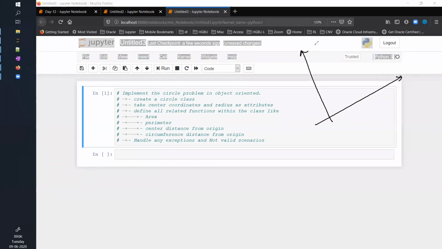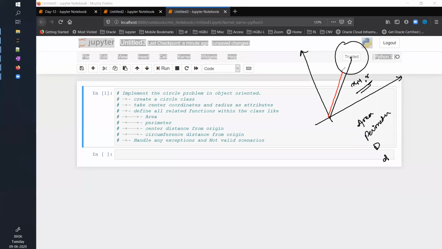You have a two-dimensional space. A circle is there. You have coordinates x, comma, y, and the radius r for this circle given to you. You need to calculate area. You need to calculate perimeter. You need to calculate capital D, which is the distance of the center from the origin. So that is this distance. And then you need to calculate small d, which is the distance from the center to the circumference. This distance, that red distance.